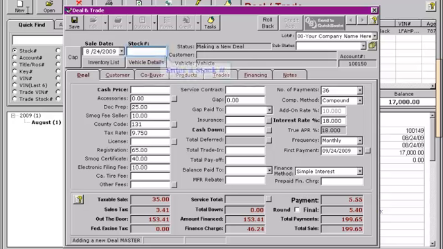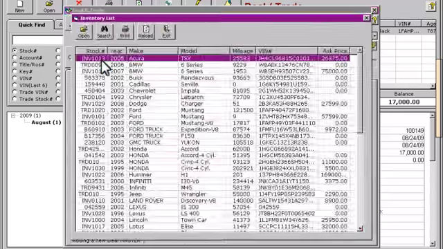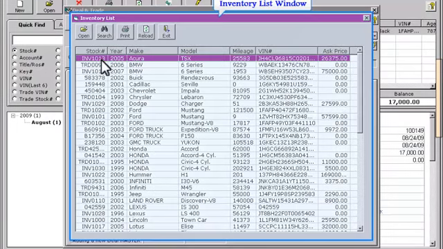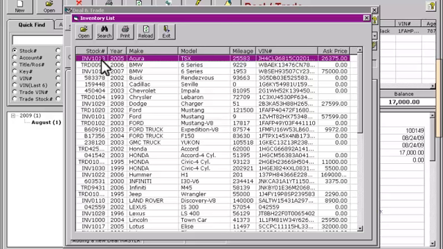If we know the stock number, we can enter that into the deal here. If we do not know the stock number, we can view the available inventory by clicking on the Inventory List button, and the program will present an Inventory List window displaying the currently available vehicles in DeskManager. To select a vehicle from the list, highlight a vehicle and click the Open button, or double-click on the vehicle